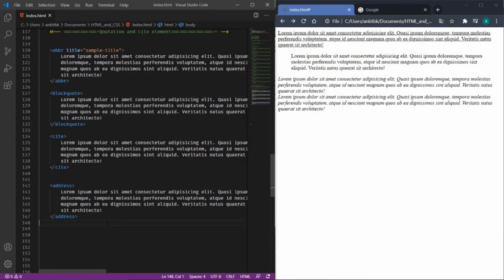So let's dive into a real life scenario for address and cite, because we will have quite deep plans regarding both of these tags. As we can see, cite is the same as address, both stylings are the same, that is italics. So let's dive into a more real world scenario so that we can have a quick glance. For the cite tag, I will add a reference.